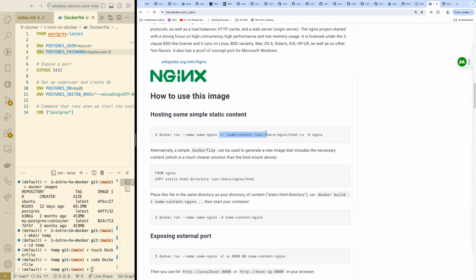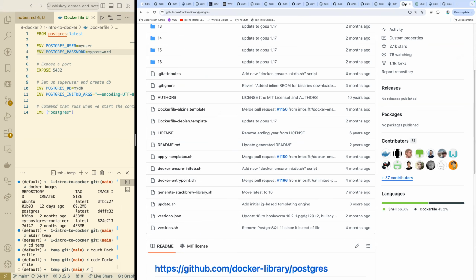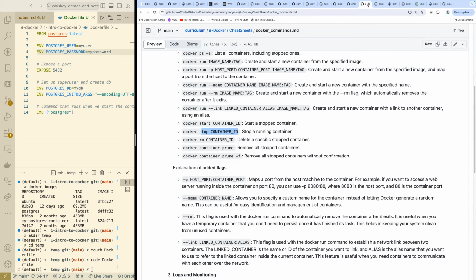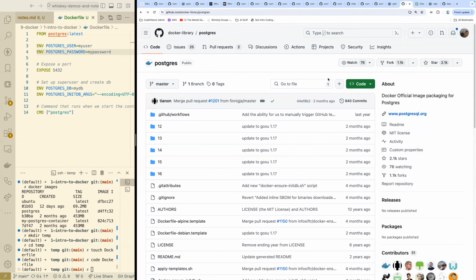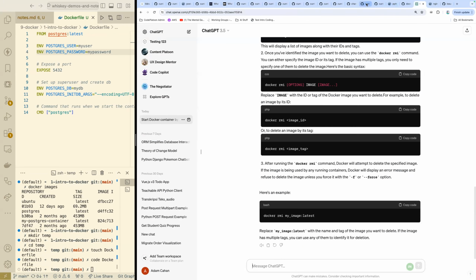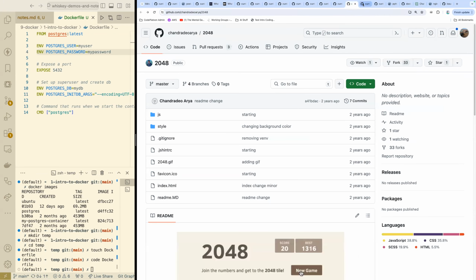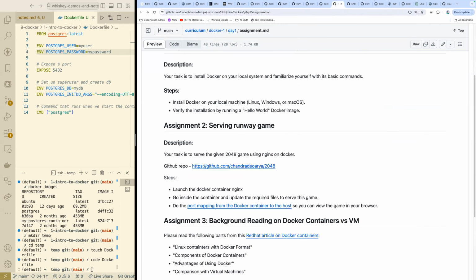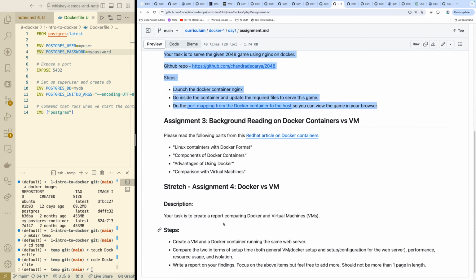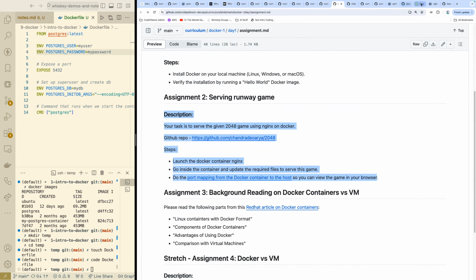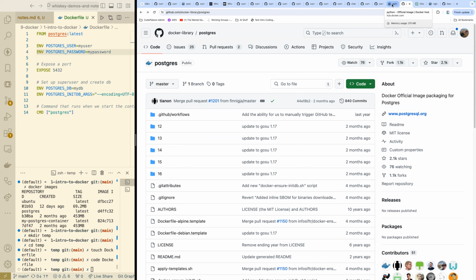But to make it work, you will probably have to do a little reading and thinking through to get more familiar with the commands. If you want to, I would suggest that, as I think that's a really good exercise. And I'll go ahead and share that. I lost it, I apologize, I'm jumping around through a lot of commands. Here we go. Serving the runaway game. I'll share this with folks. There's some background reading here that could be good. The stretch assignment you all don't have to worry about. And what I did want to point out was,